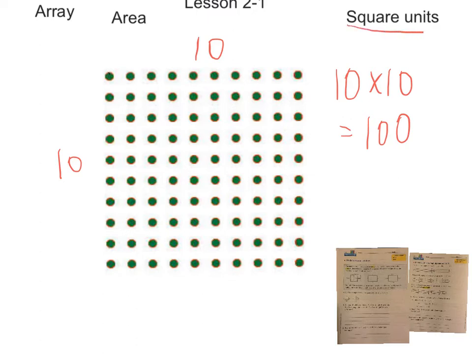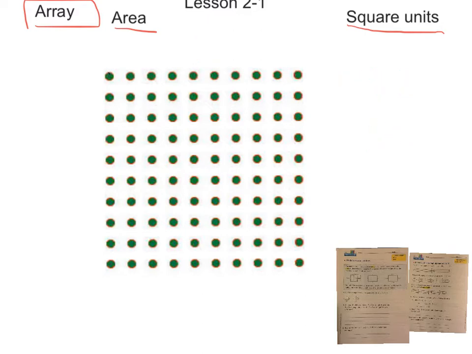Okay, we're not quite in the square units yet, and we're really not into area just yet. We kind of are, but when we represent the dots and how many dots there are, right now we're showing you it's some sort of an array. This is a 10 by 10 array. Okay, so if I wanted to